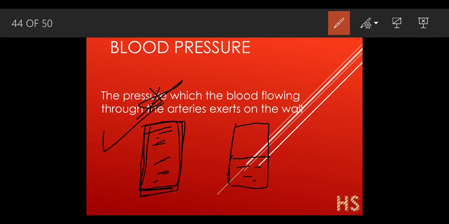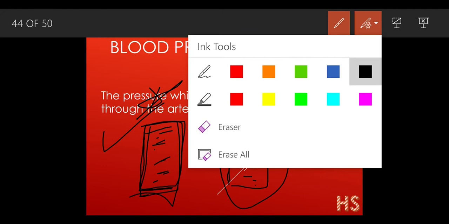This shows that the bottle which is full of water is exerting a lot of pressure, so that is why the beam balance is on the lower side, whereas the beam balance on the upper side is because the bottle out here is not completely full and it is not exerting as much pressure. So this is the pressure.